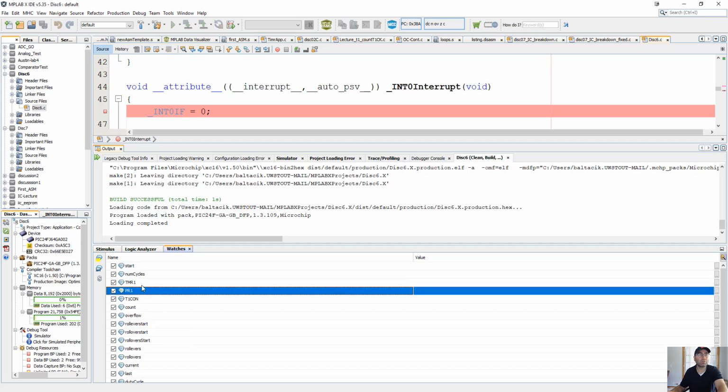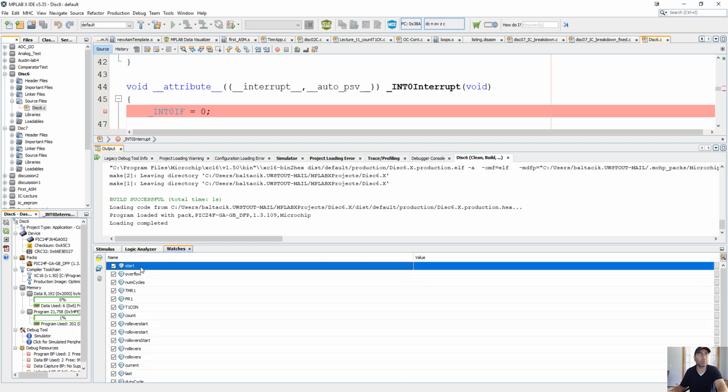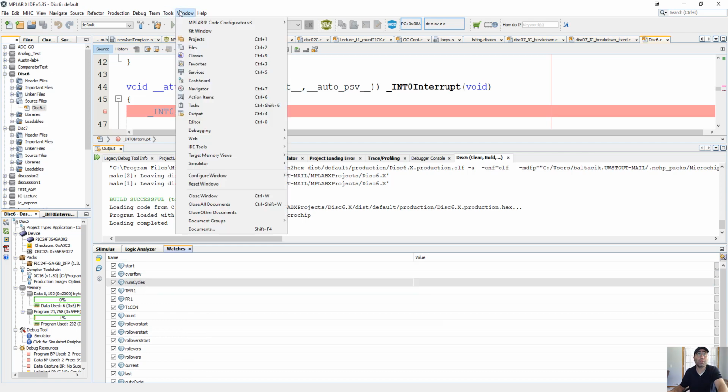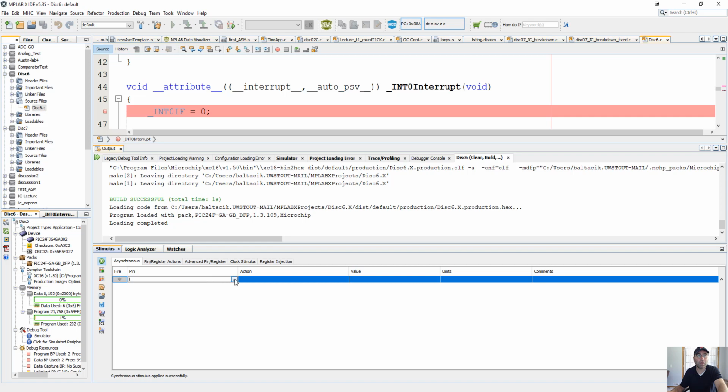Timer 1, number of cycles, and why overflows go there, I'm not sure. Anyway, these are the variables that we want to watch. Now we go to window and we go simulator and we open the stimulus. Okay, and we go asynchronous here, and it's already in here, so we select int0,